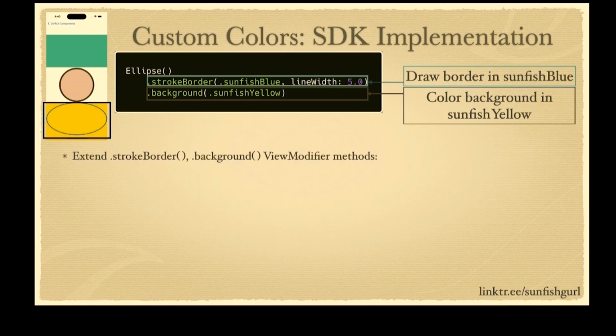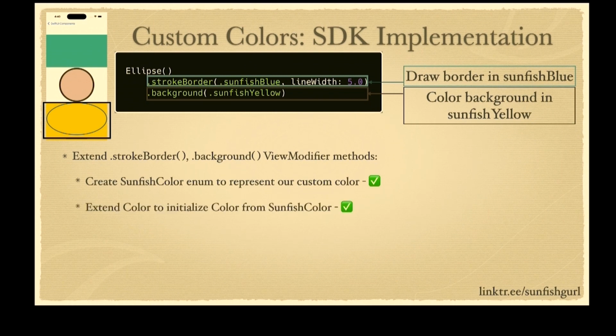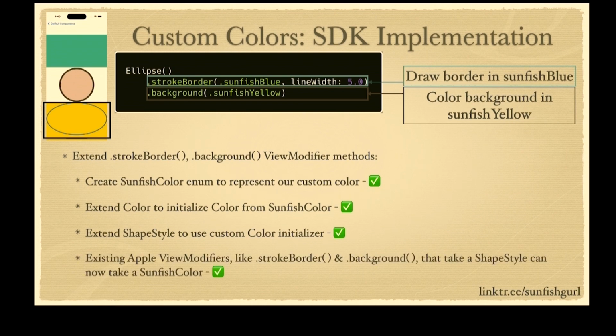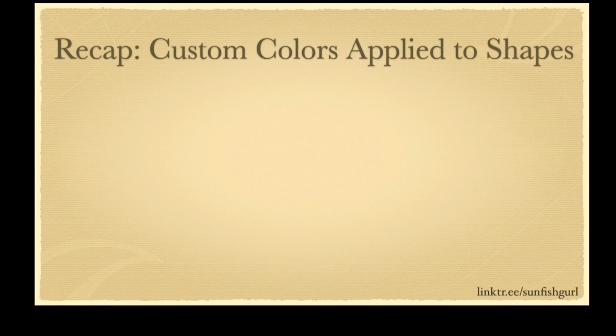Once again, all the steps we need to take have already been done. So to extend our stroke border and background view modifier methods, we've already created a SunfishColor enum to represent our custom colors. We extended Color to initialize a color from SunfishColor. We extended ShapeStyle to use a custom color initializer. So now existing Apple view modifiers like stroke border and background that take a ShapeStyle can now take a SunfishColor. So to recap,